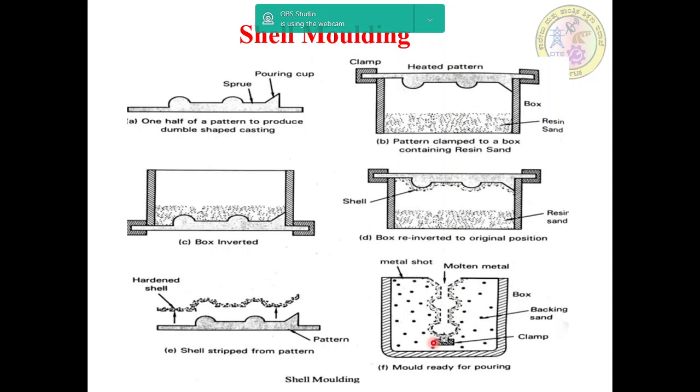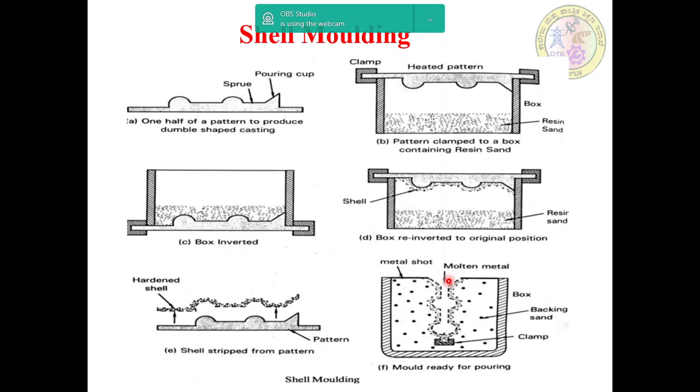The complete shell is kept in the empty mold box and packed with sand, metal shards or gravel as support. This is the bags, and here the backing sand, and then you have to prepare the mold cavity. Molten metal is poured through the sprue, and castings are produced. The pattern along with the gates and risers are fixed onto a metal plate to facilitate preparing the shell, that is heating, coating with the resin, and so on, and ejecting the shell easily.